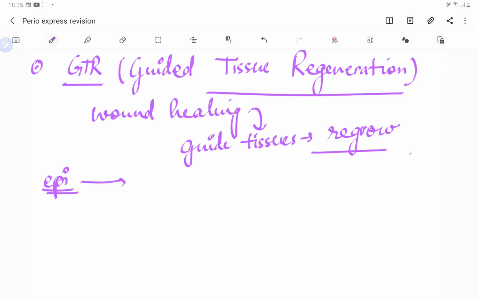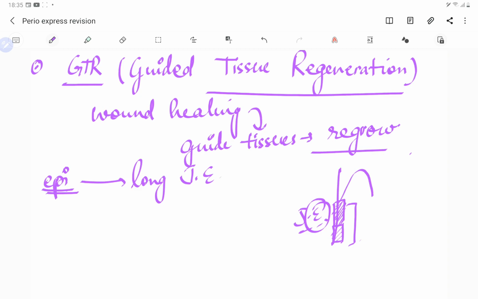Now what will happen? What are the epithelial structures in the case of the gingiva? Suppose this is a sulcus. Now what if the epithelial structures are regenerating? What will happen? This junctional epithelium, we know that this is an epithelium, right? So if it is going to regrow, that means regenerate, it will become a long junctional epithelium. So if the epithelial cells predominate in the wound healing process, then there can be a long junctional epithelium. If we talk about the connective tissue, guys, connective tissue basically helps us with the formation of the matrix.